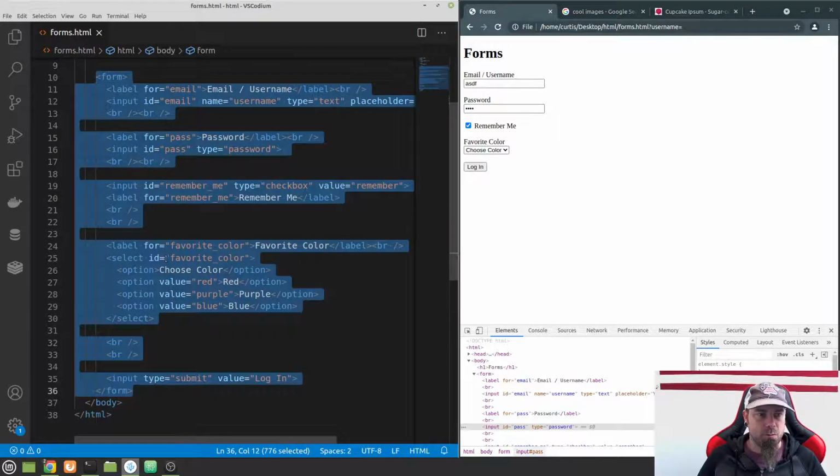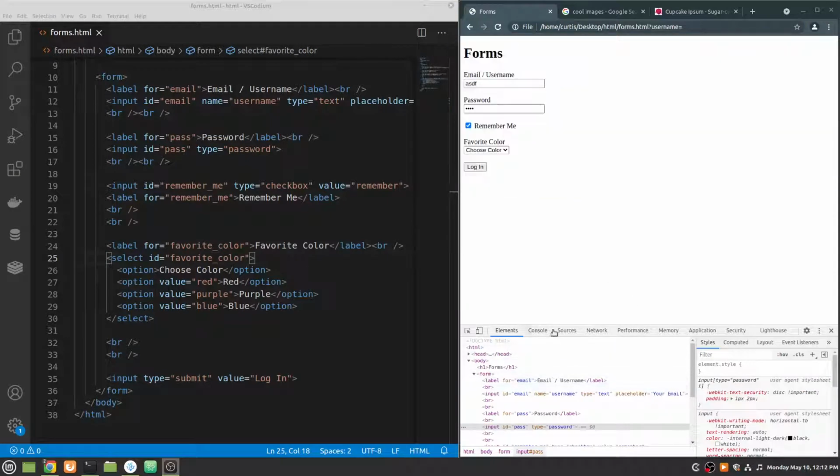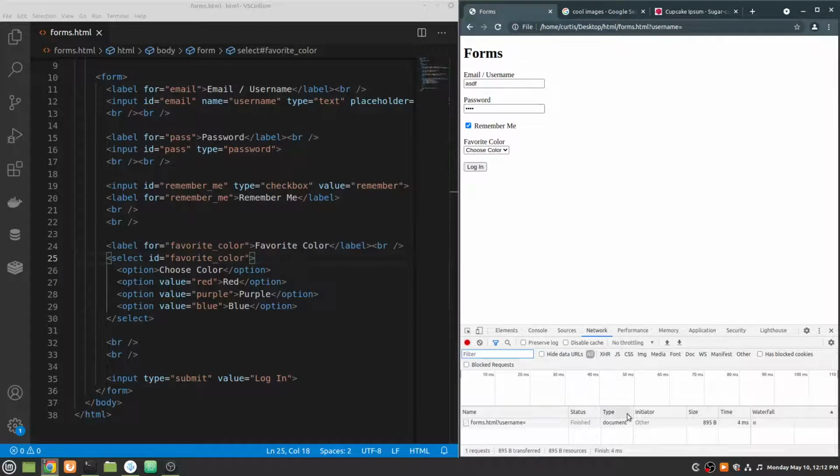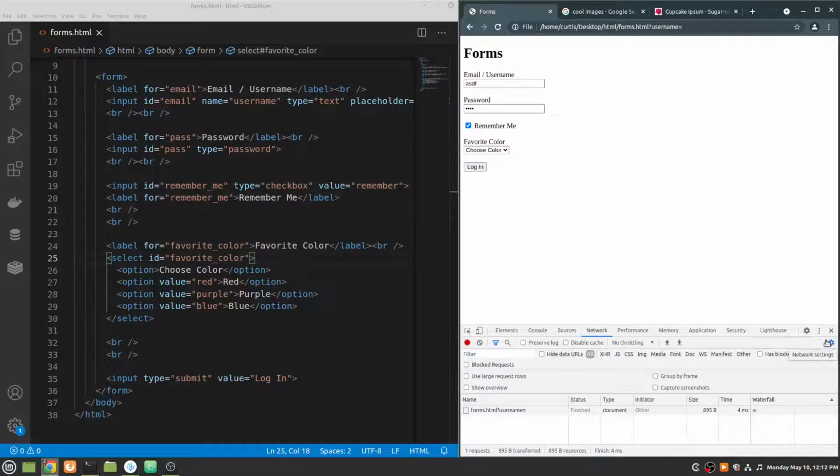So this is our form, but I do want to show you some things about how this works. So if I hit save here, let's go down here in our inspector, and let me just turn off my ugly face here just so I don't accidentally cover something up. And what I want to do here is I'm going to click on this network tab. And inside this network tab, we have a few different things going on here. Let me just clean up. I'm going to click here and get rid of the show overview